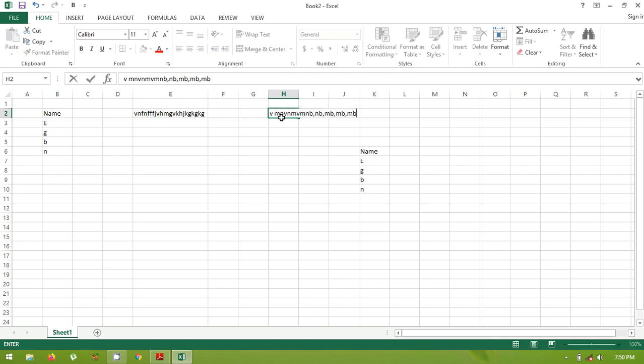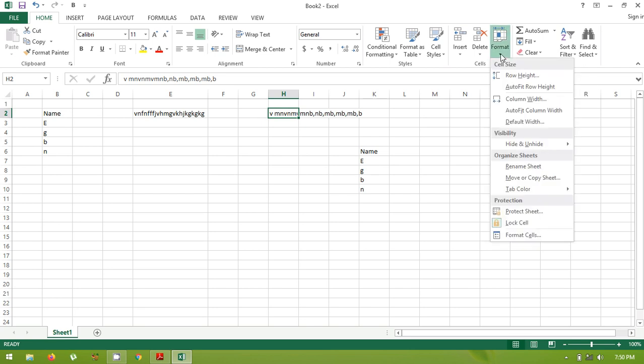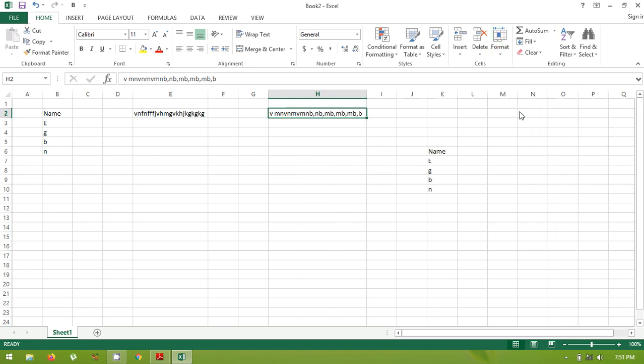Like I enter the data, it comes like this again. What I do is select this cell. Here is the Format option. Click onto it and choose the Auto Fit Column Width option. Then it will automatically adjust your column width. So this is how you can change your column width.